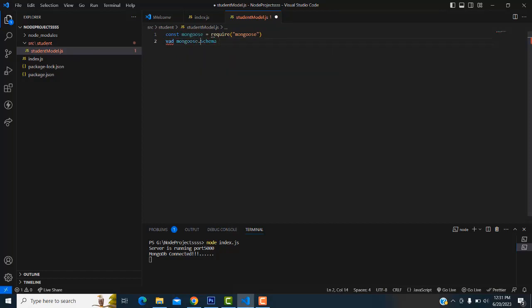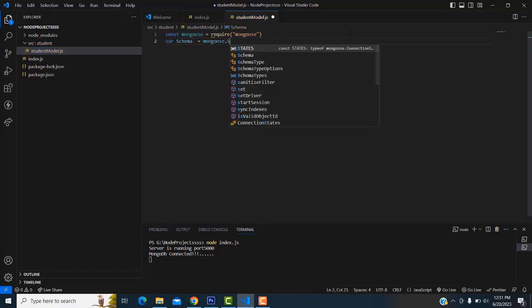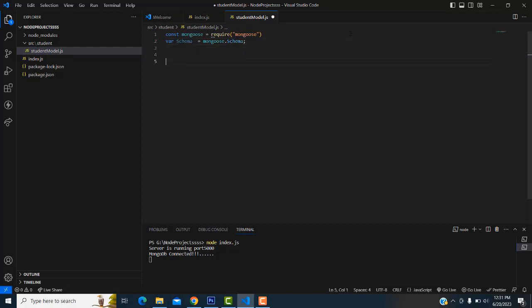So write the schema: var schema equal Mongoose schema. You have to create the database schema in Mongoose, right? After that we have to create the object of schema. So you write var studentSchema. I'm going to create the object student schema equal,